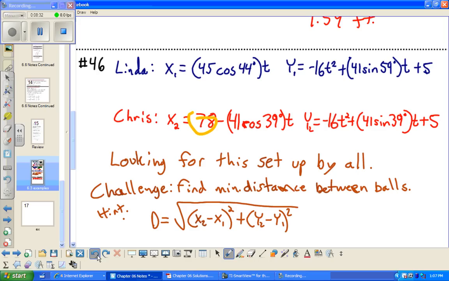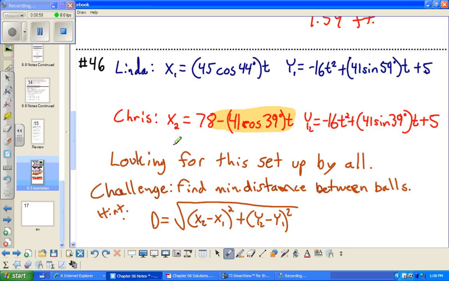You're going to have him start at 78 and then subtract the distance that the ball travels horizontally as time goes on. With that setup, the balls will be going towards each other on the calculator, and that's the main thing on this one, that I can see that you can set these 2 up so they're being